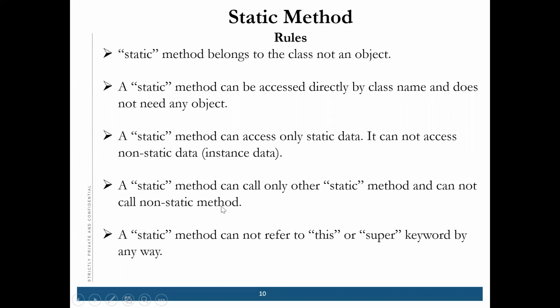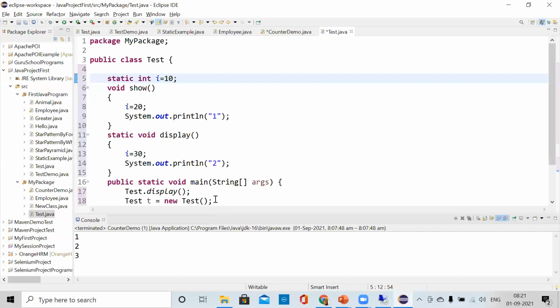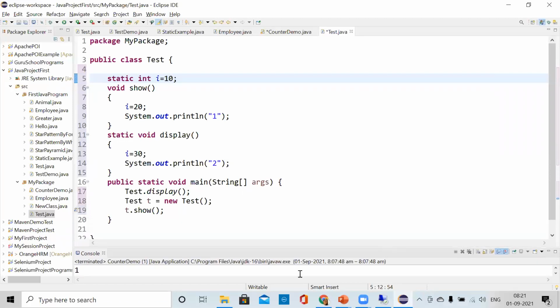So thing is, which we have already shown, that a static method can call only static methods. Suppose this is a static method, right? The main method is a static method.